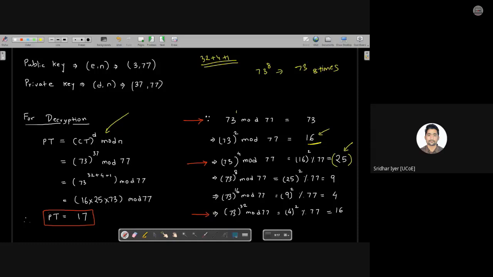At the end you will get the result for 73 raised to 32 mod 77. At some point of time, you will see that the numbers start repeating. As in this case, 73 raised to 32 mod 77 is also 16, whereas 73 square mod 77 was also 16. Once they start repeating, you will get the same results afterwards also. So this will be 16, 25, 9, 4, again 16, 25, 9, 4, and the values will start looping. So the problem gets reduced and you can solve it easily hereafter. Am I clear? Any confusions with this? A division, B division? Kindly let me know.